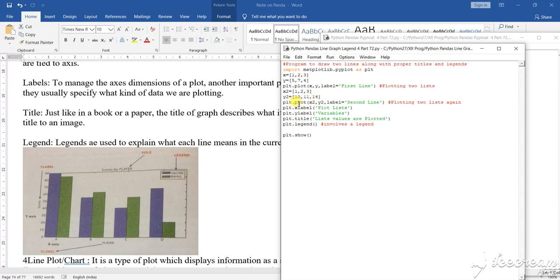Now pyplot, this is the first x-axis and y-axis combination. Now the next x and y-axis combination is the second line. So I said plt.xlabel, this is the labeling to be done, and plt.ylabel. This is the x label, that means x is downwards, and this is y.